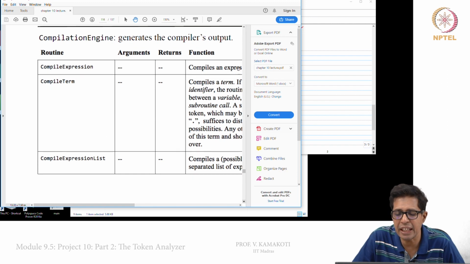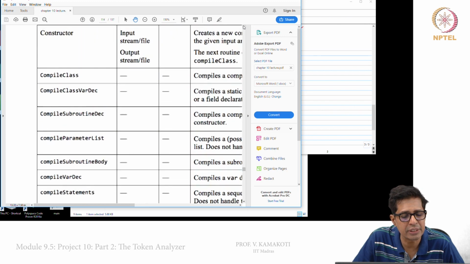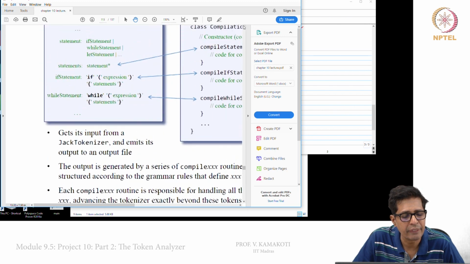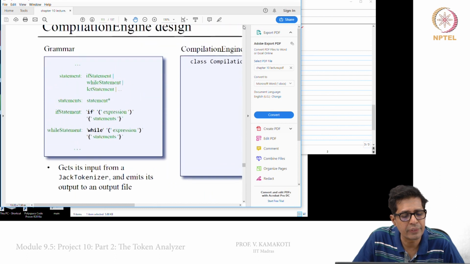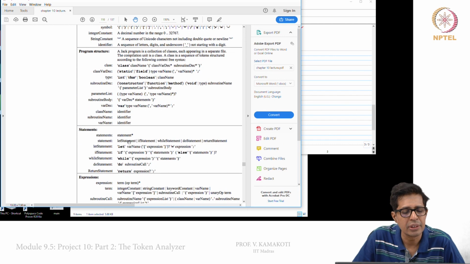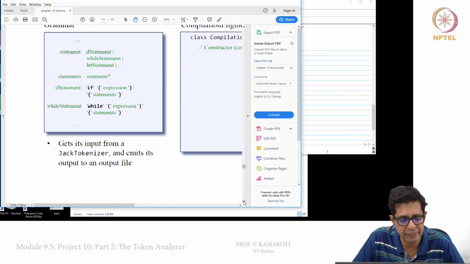So for the three entities that we saw on the grammar, these are the subroutines that we will be writing.